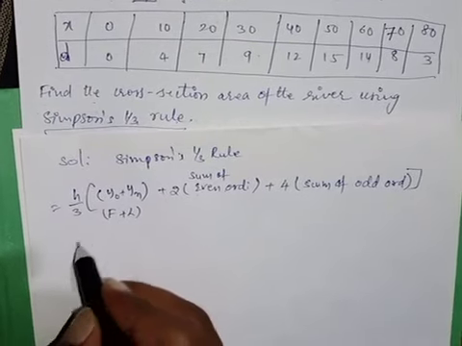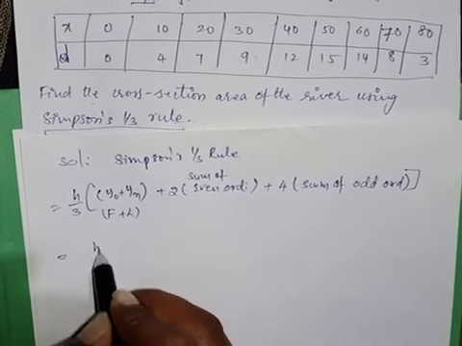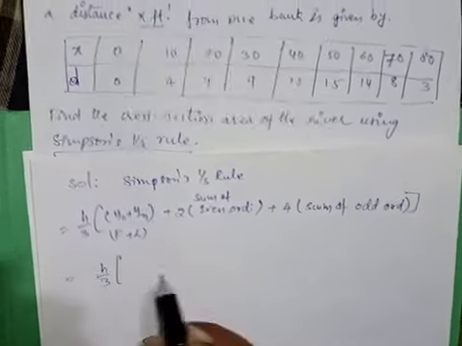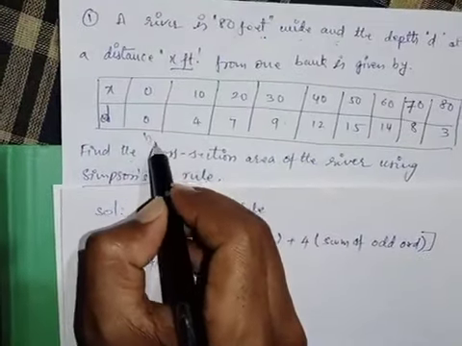Here this is the formula, so we can write simply h/3 into, here observe, here this is y0,